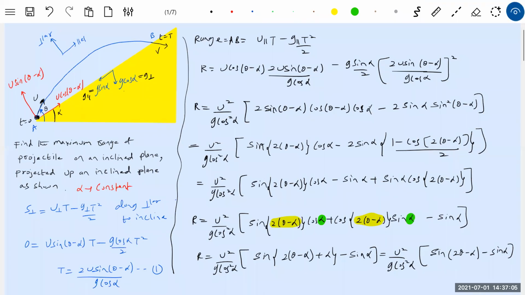It should depend on alpha, no sir? Because 2 theta minus alpha is 0. Let me talk. Okay, alpha is fixed here. Can you change the inclination of a hill? Can you change the inclination of the steps in your home? Not possible, no? It is stupidity to say alpha is varying.